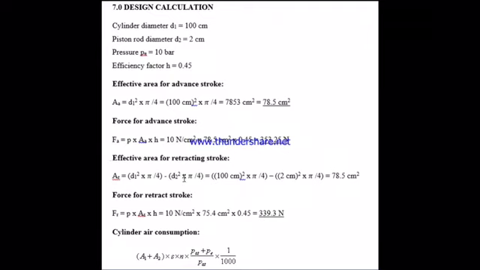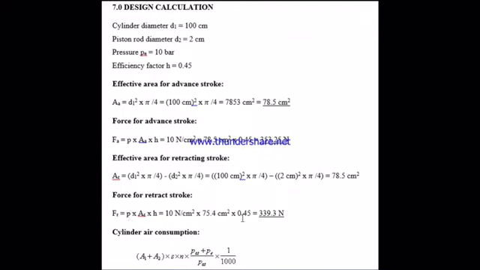Next, for the retracting stroke, the area is A equal to D1 square times pi over 4 minus D2 square times pi over 4. And the answer is 78.5 cm square. And last, the force for retract stroke is F equal to pressure times area times efficiency factor, and the answer